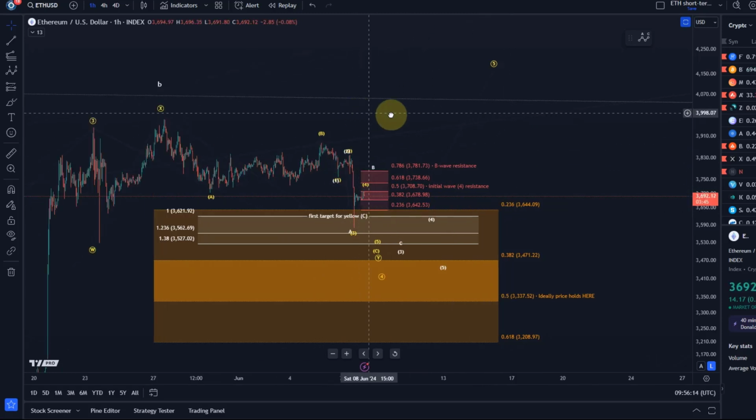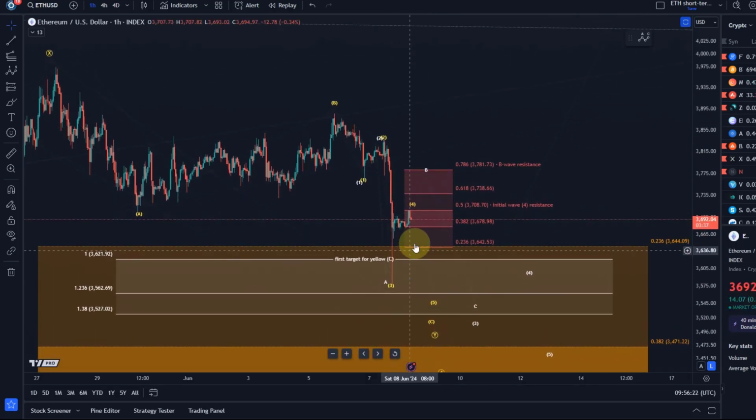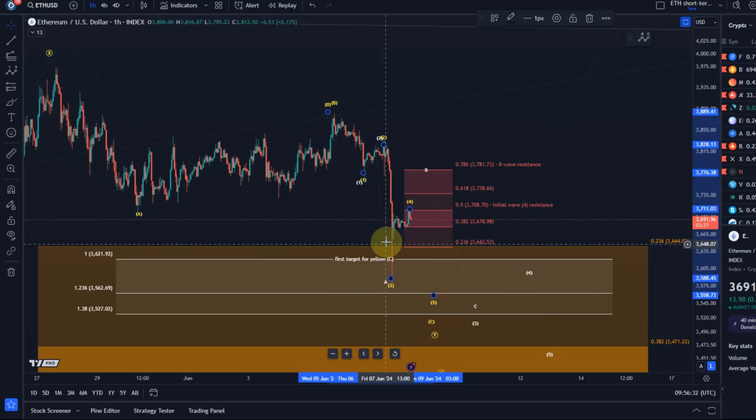So if this is now a decline in wave C in yellow, in the yellow count, we might see one more low. But I explained to you in the last video that the first initial resistance is the 50% Fib level at 3,708. Now I have to say this here, it might be a 5-wave move. Yeah, it might be, but it's too small because it hasn't broken above resistance. So to start to rule out the yellow count, I need a break above 3,709, but a sustained break. So it's not like if we go to 3,715, oh, the low is in.